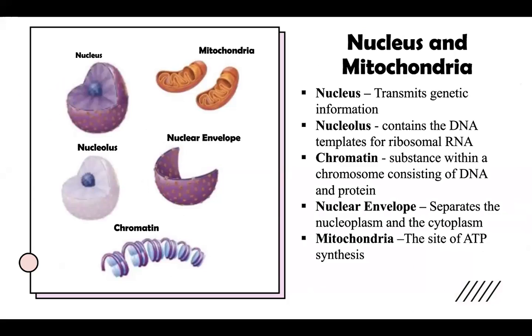There are three parts to the nucleus: the nuclear envelope, the nucleolus, and the chromatin. The nucleus is the control center of the cell. It spreads the genetic material and provides the instructions for protein synthesis. It is the largest organelle in the cell, and it contains fluid nucleoplasm, the nucleolus, chromatin, and is surrounded by